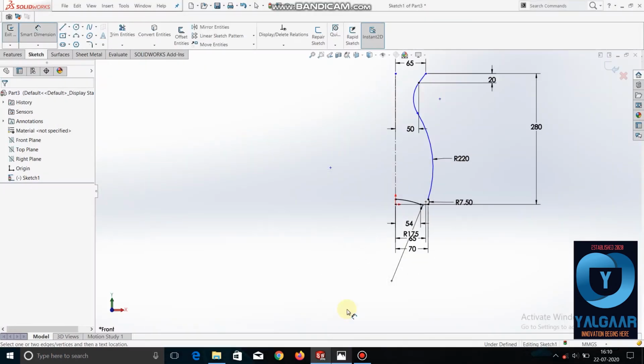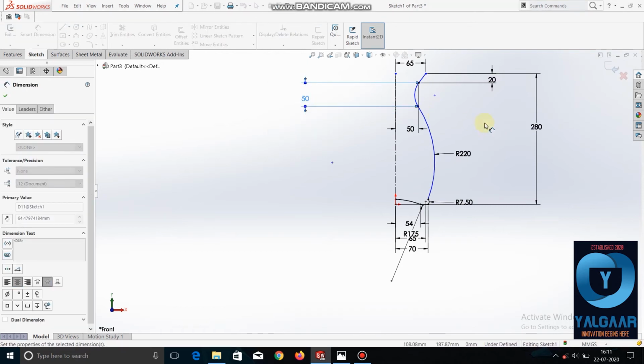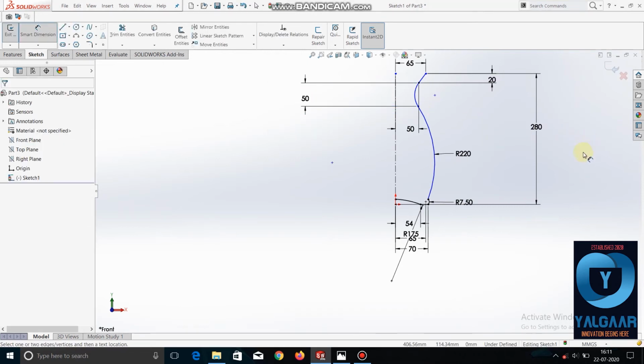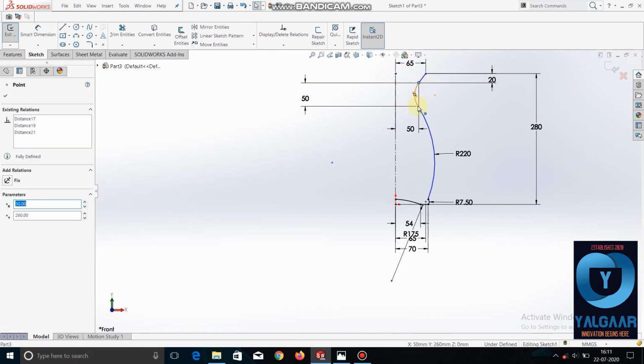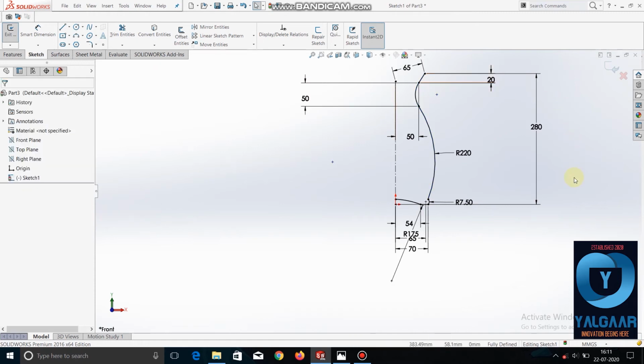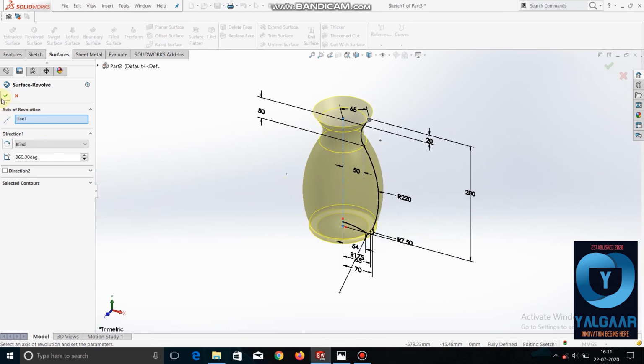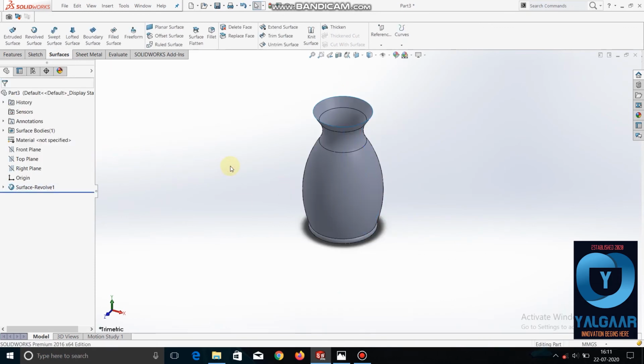And this to this point is 50. So now make this vertical. Now see, all the parts are now constrained, so we just have to revolve it. So now see, half of the jug is ready, you can see here.